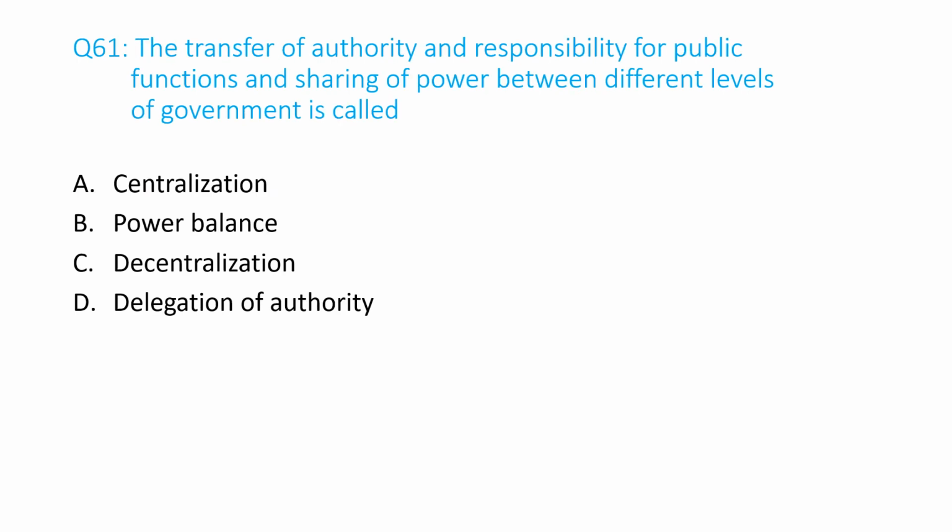Question number 61. The transfer of authority and responsibility for public functions and sharing of power between different levels of government is called A. Centralization, B. Power balance, C. Decentralization, D. Delegation of authority. And the answer is